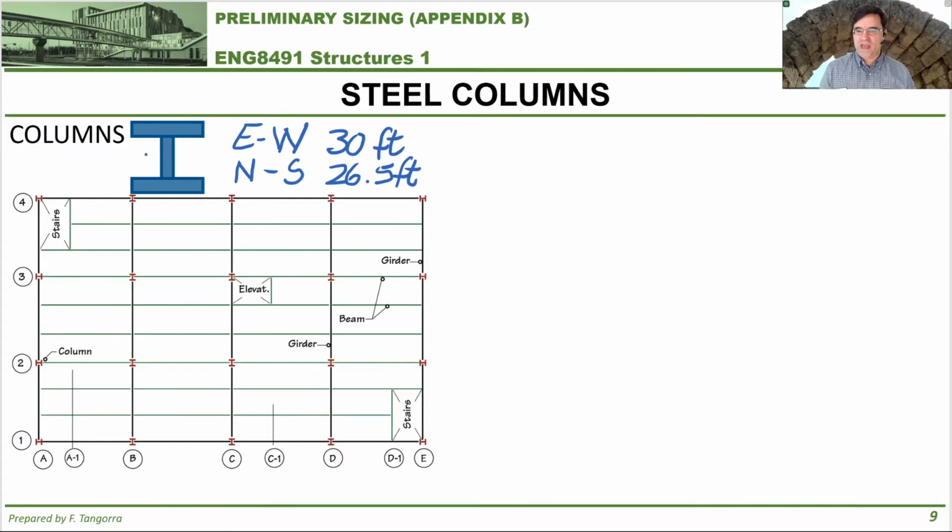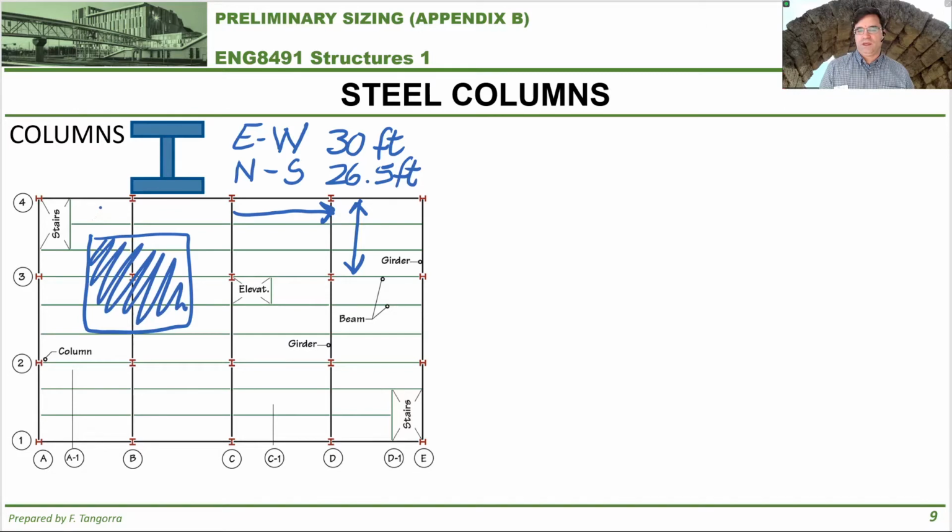So if the east-west bays, that is these bays right here, are 30 feet, and the north-south bays, that is these bays right here, are 26.5 feet, then any interior column supports an area that is bound by the same dimensions, right? This area here